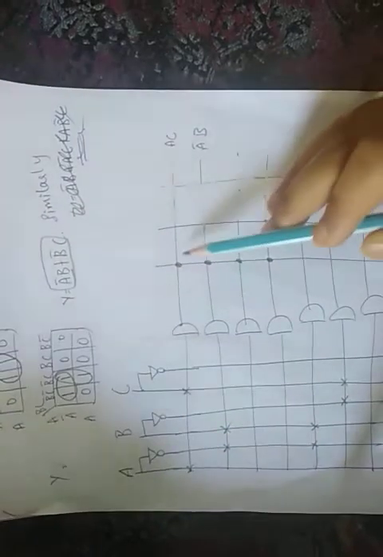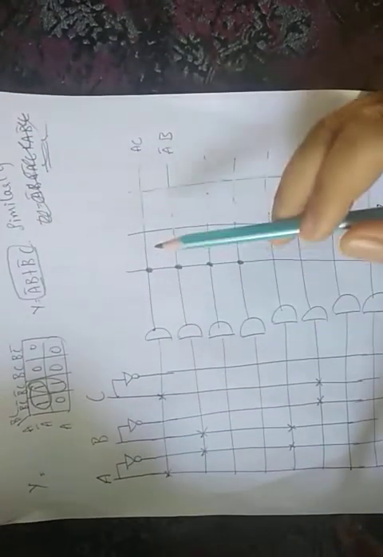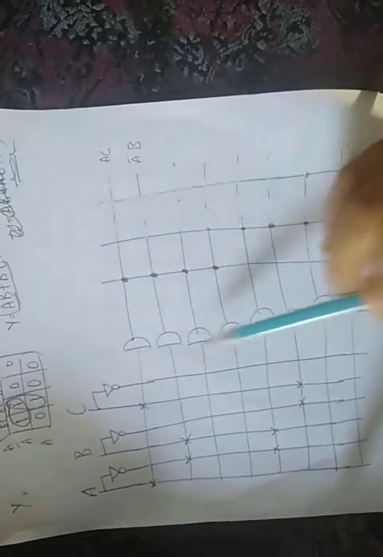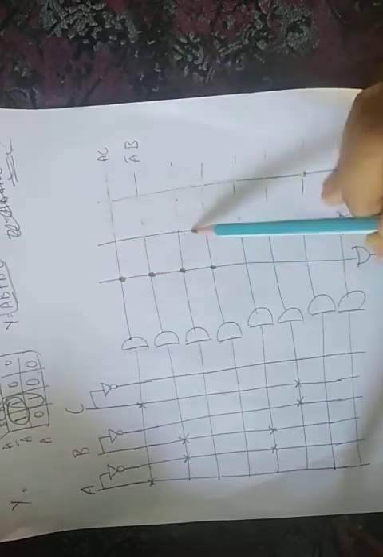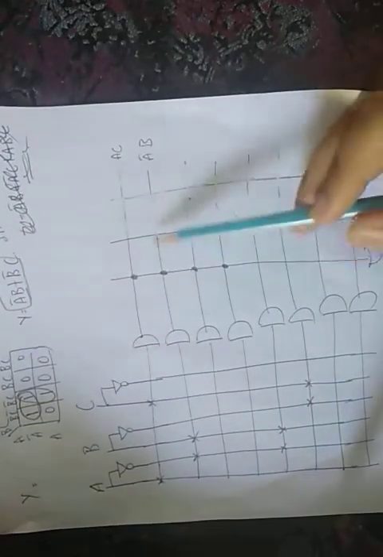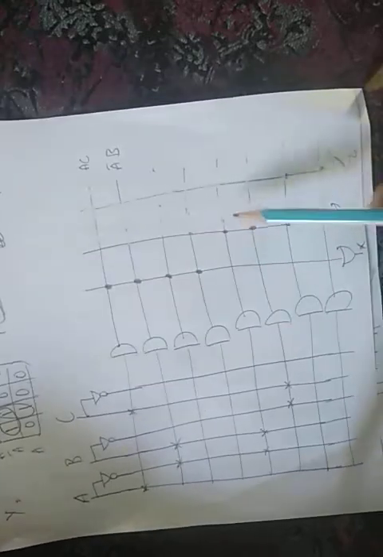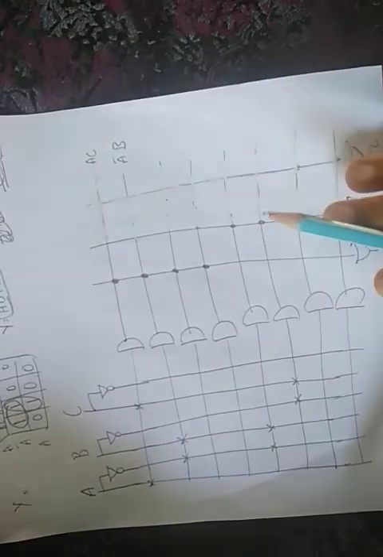Now, put a diagram. No doubt the output is fixed. In the last example you have seen, there were a total of 4 AND gates, so I used to take fixed OR as 2 and 2. Whereas here we have a total of 8 AND gates, since here we have 3 inputs, we will definitely have 8. So these 4 are fixed. Next these 4 are fixed. No changing will be done. Now we will change this side part.